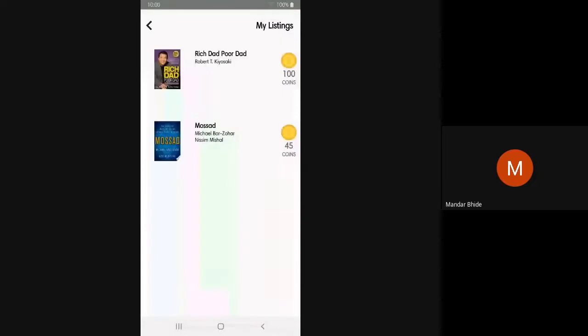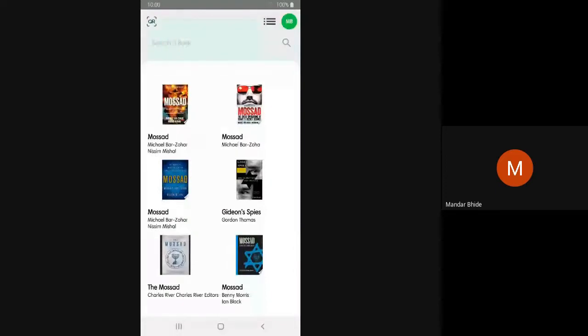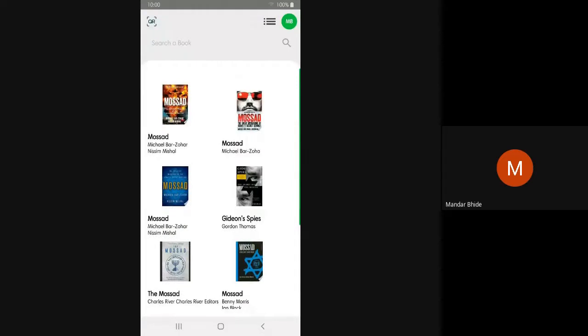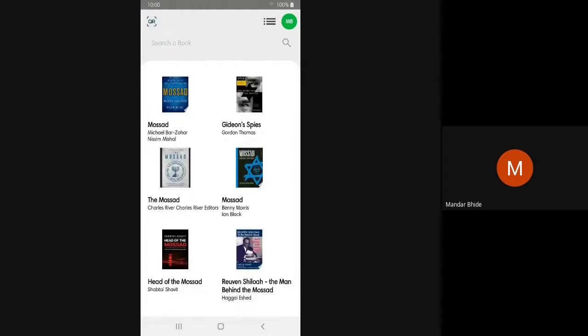So now when we go to the listings, we can see that the data in that listing view adapter has been retained. Also, the data in the books adapter, that is the search result, has been retained on the screen. So this is what the view models allow us to do. That is, we can retain the data across screens, and we can use that data or update that data.